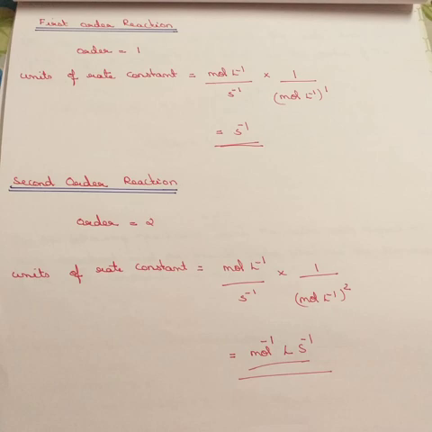Now we have gone through the order of a reaction. Order of a reaction means, in the rate law expression, the reactants are raised to some power, and the sum of those powers gives you the order of the reaction. Now we go through the unit of rate constant. For a zero order reaction, the unit is mole liter raised to minus 1, second raised to minus 1. For a first order reaction, it is second raised to minus 1, and for a second order reaction, it is mole raised to minus 1.